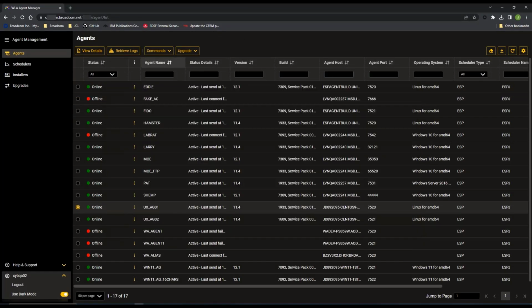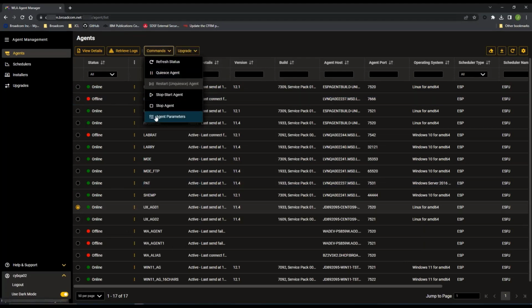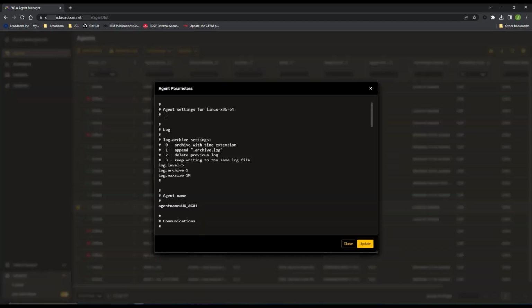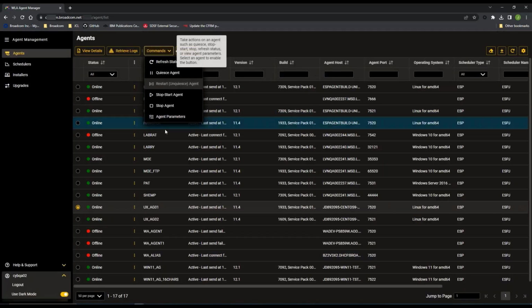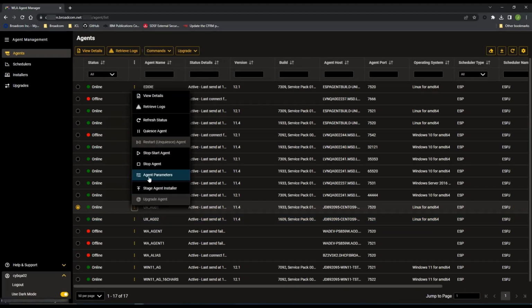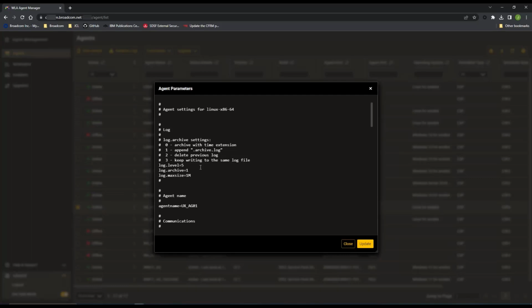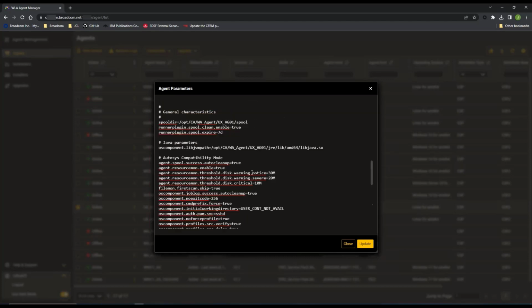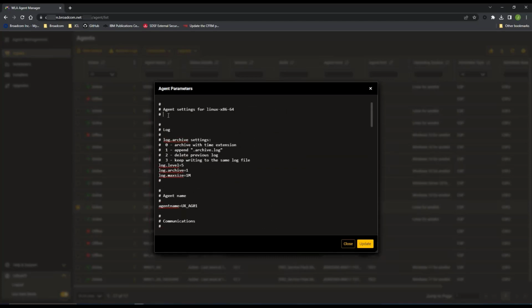Another useful feature is the possibility to update the agent param txt file. So by clicking, let me just repeat it again, by clicking the commands button and agent parameters here, or by selecting the kebab menu here and agent parameters option here, the agent parm file would be downloaded and displayed here. What we can do here is we can review the file, the options set up, or we can also edit